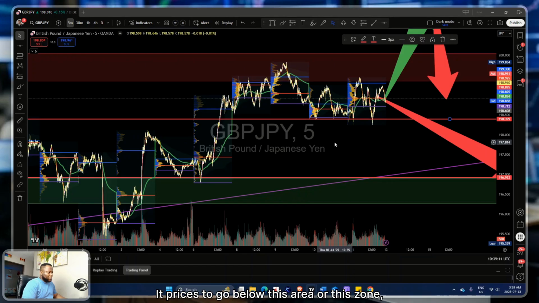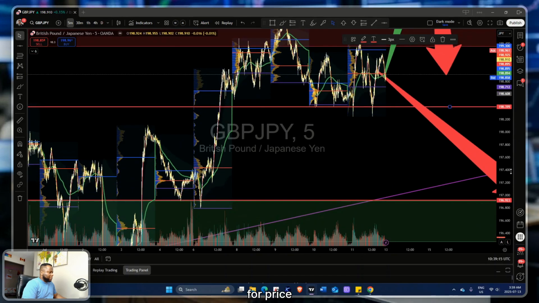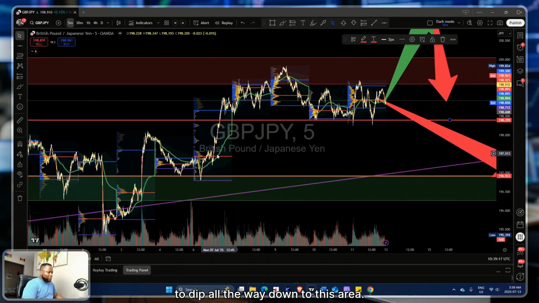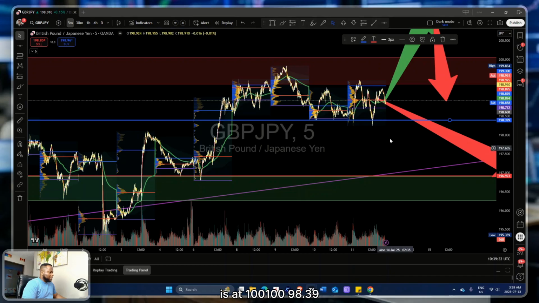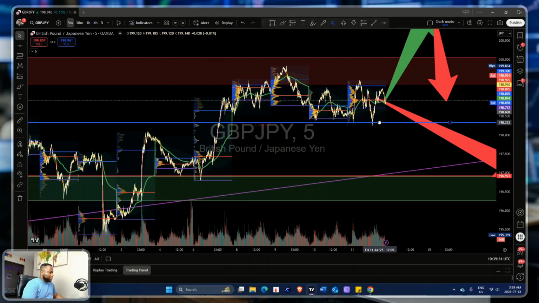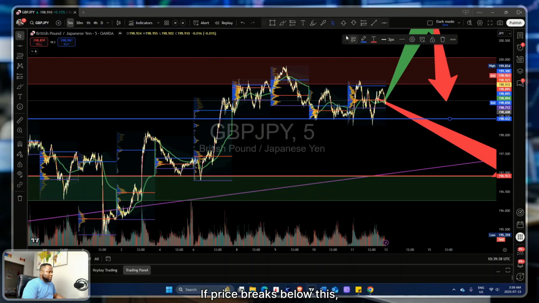If price goes below this zone, then I am expecting price to dip all the way down to this area. So below the support, we should definitely expect a drop. The support zone you want to watch price action come towards and hold is at 198.39, give or take. If price breaks below this,